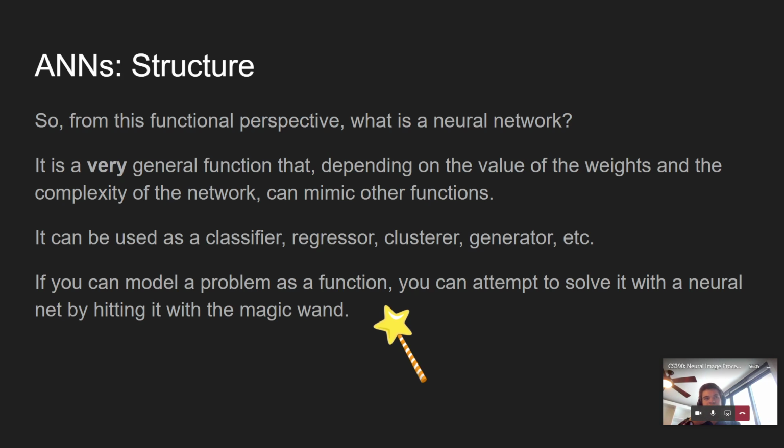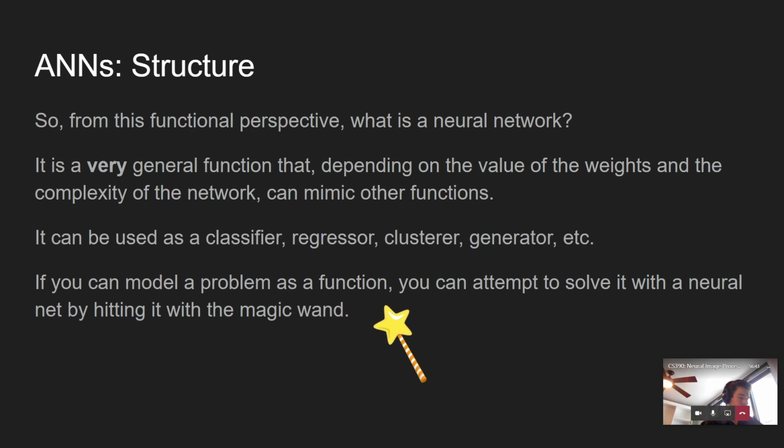But it's all to kind of hammer home this idea that a neuron or a neural network is just a very, very general function. Depending on the weights involved, the values of those weights, and how complex your network is, how many layers and neurons you have, it can mimic other functions, and sometimes very well. You can make it a classifier that's classifying images. You can make it a regressor that's trying to predict stock prices. You can have it be a clusterer that's doing some sort of clustering tasks to understand